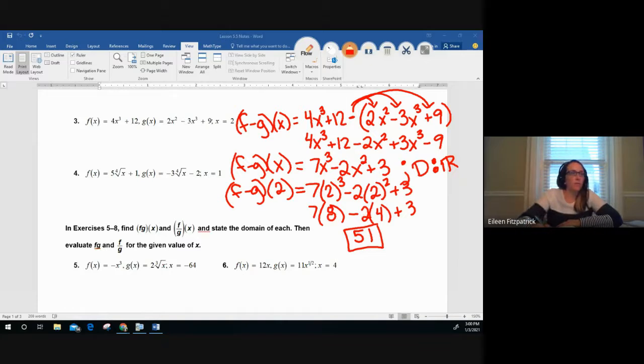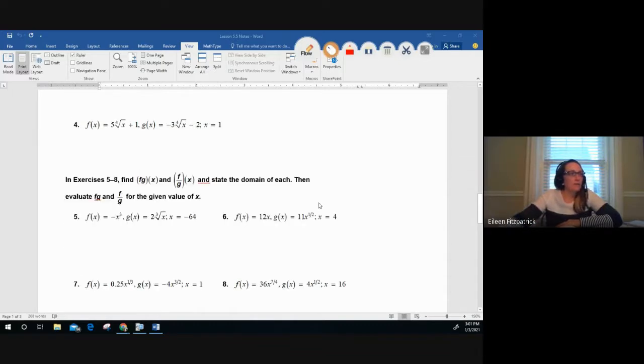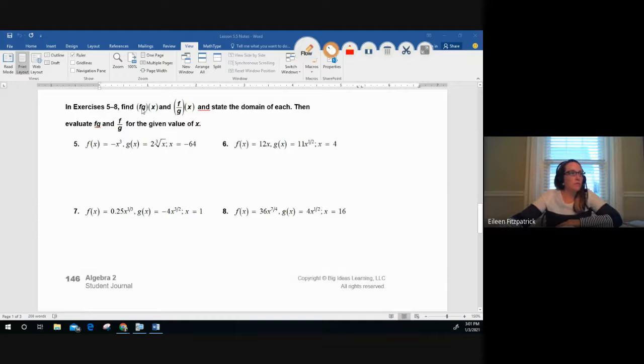Okay, so that's 1 and 3. Let's look at number 5. So same idea here, but you're going to first multiply the two functions together, divide the two functions, state the domain, and then evaluate when x is the given value. Okay, so for number 5,